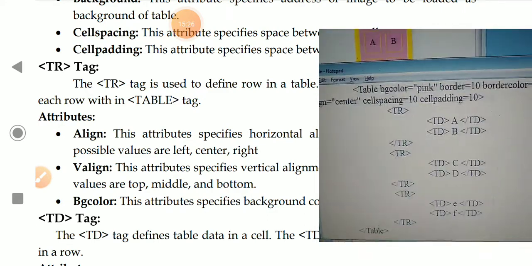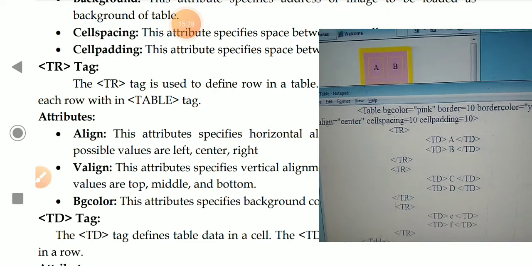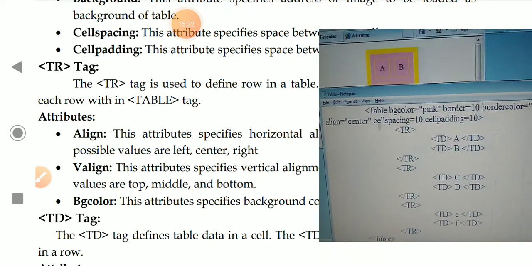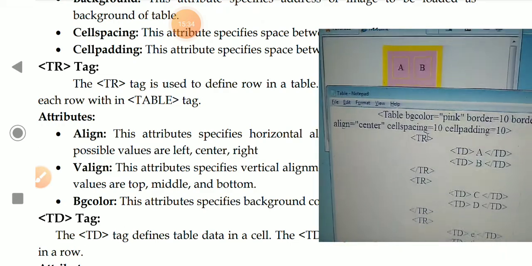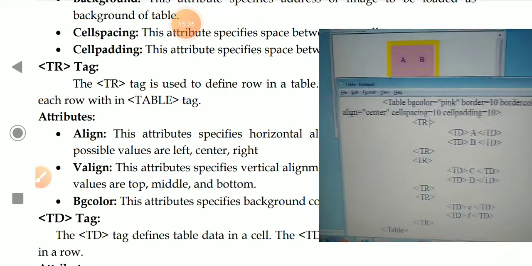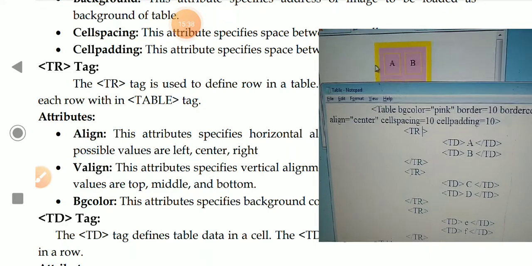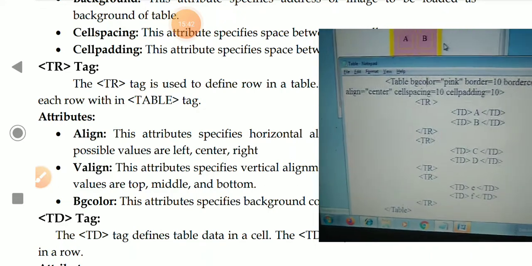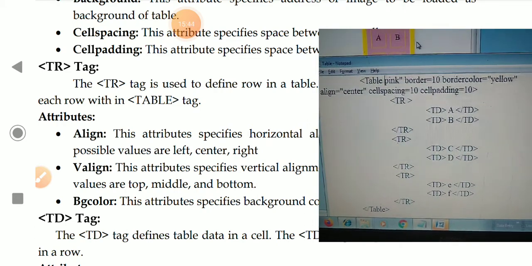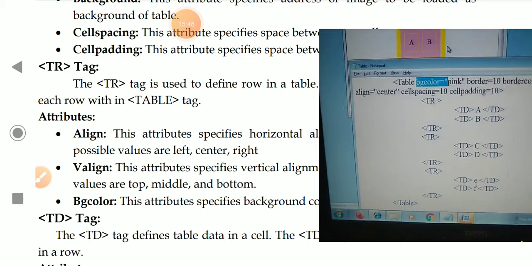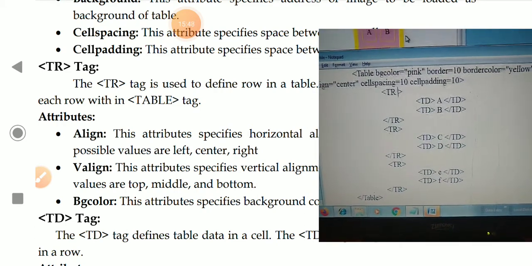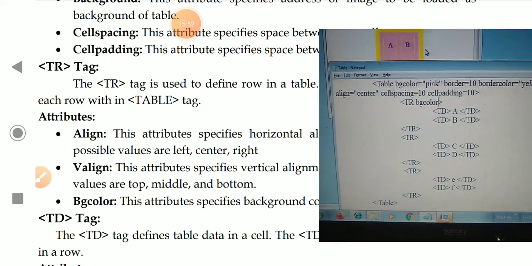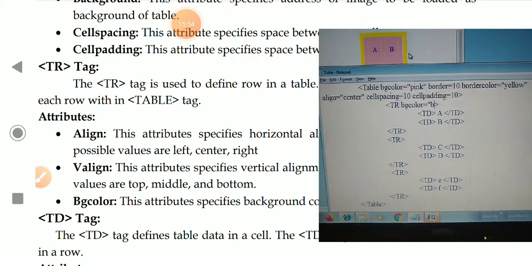This is the tr tag. We can give the major attributes: align, v-align, bg color. I did not give any attributes here. See, bg color means the background color of only a particular row. So for example, I am now giving bg color equal to blue.